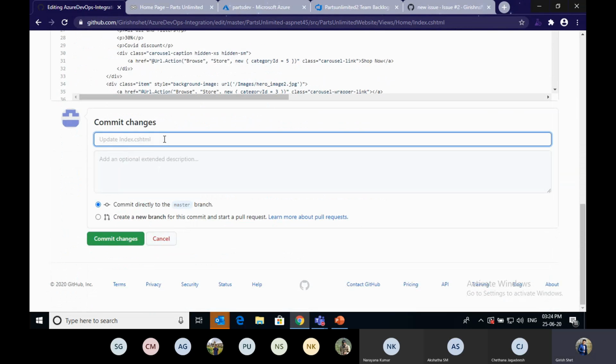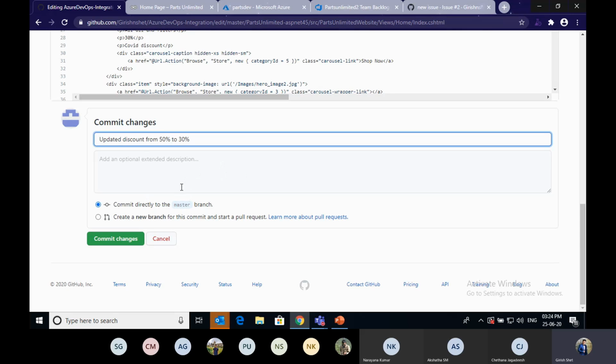I'm going to give a commit message here, that is updated. Now I'm going to commit this directly to the master branch.